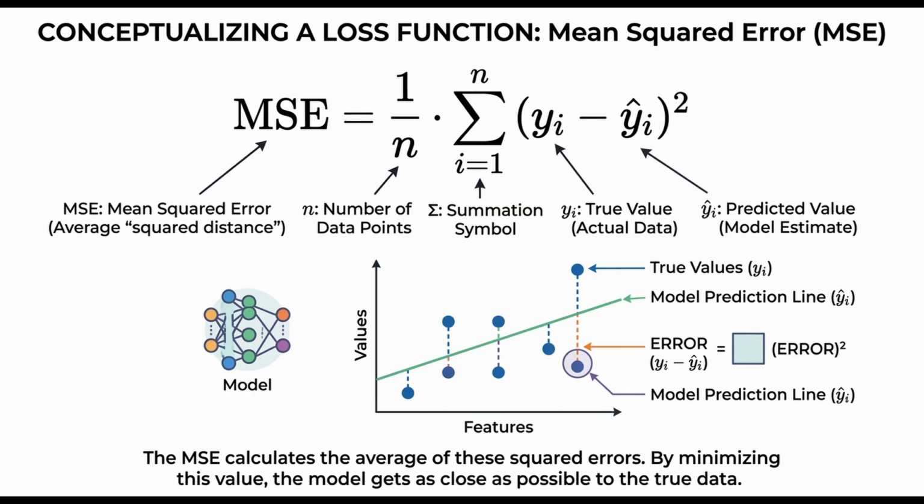This is where a loss function comes in, a mathematical way of scoring the gap between what the model predicted and what the true answer actually was. One of the most common loss functions, especially for regression tasks, is the mean squared error, which you can see rendered on screen. In plain terms, it takes the difference between every prediction and its true value, squares that difference so negative and positive errors don't cancel out, and larger errors get punished more, and then averages all of those